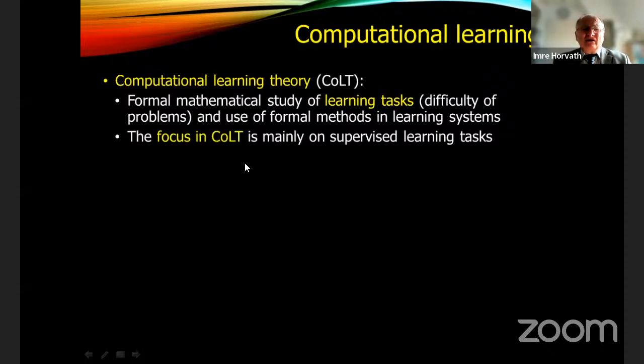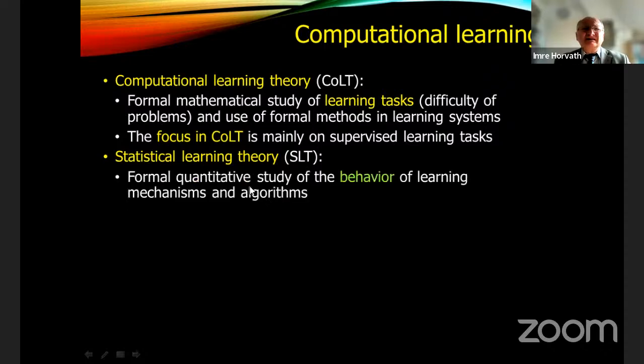As the literature reflects it, CORE is mainly focusing on supervised learning tasks. A complementing theory of computational learning theory is the statistical learning theory. It has a different focus. While computational learning theory focused on the learning task, statistical learning theory is focusing on the behavior of learning mechanisms and algorithms in general. So if you try to address a particular problem with a particular type of learning mechanism,